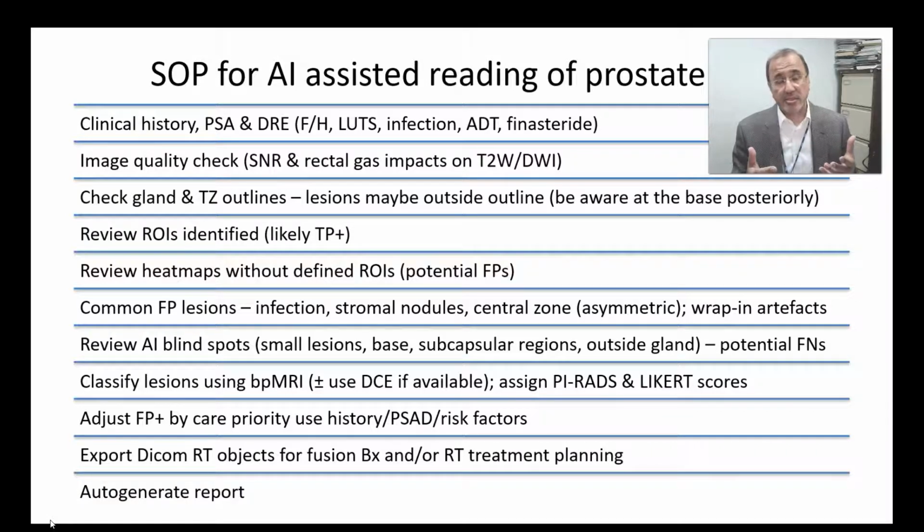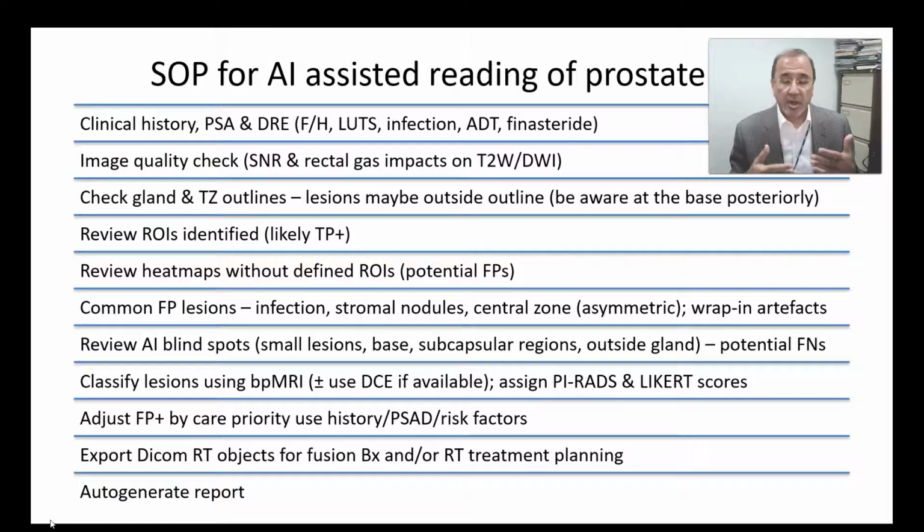Review the ROIs that the AI presents to you, because these are likely to be true positive cases. If you have heat maps available for your own AI systems, look at those, but remember they are likely to be false positives. Remember, common causes of false positives are stromal nodules, the central zone, which may be asymmetric, but also artifacts may cause false positives. False negatives are smaller lesions, subcapsular lesions, lesions that lie outside the segmented gland, so